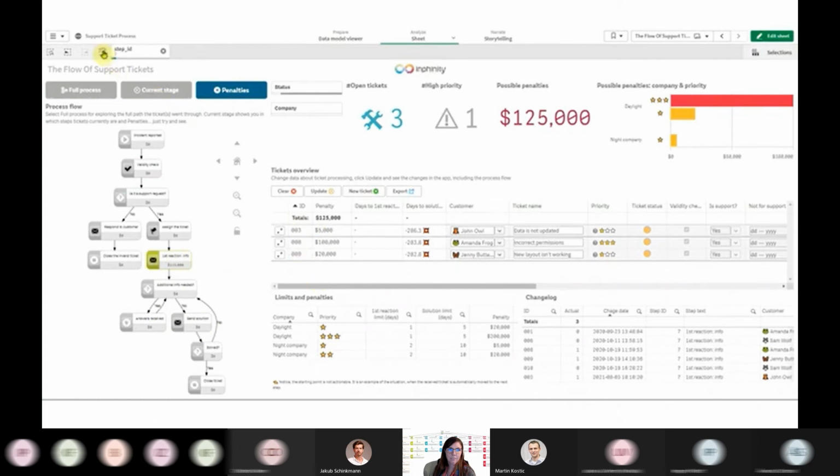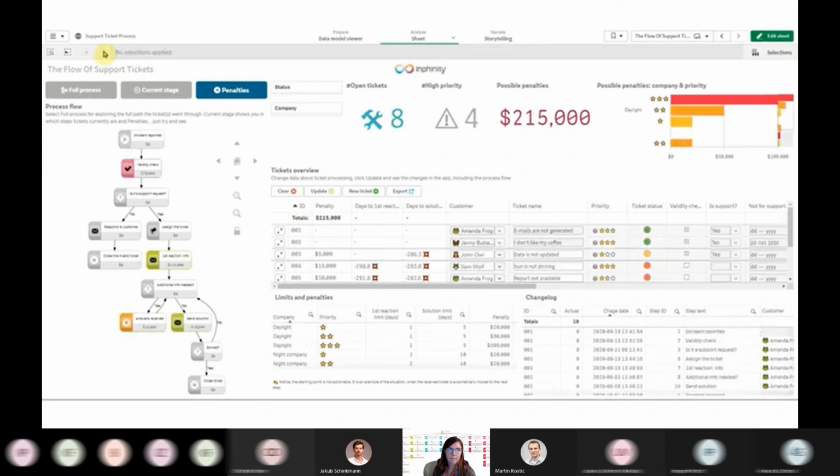Support ticket management is just one of the many similar use cases. You can use this approach to manage projects, cases, marketing campaigns, or even sales processes. So really what we wanted to show you today is the superpowers of Infinity Suite and how you can implement them. It's totally up to you.